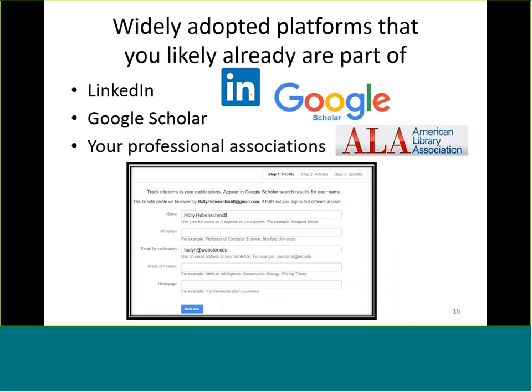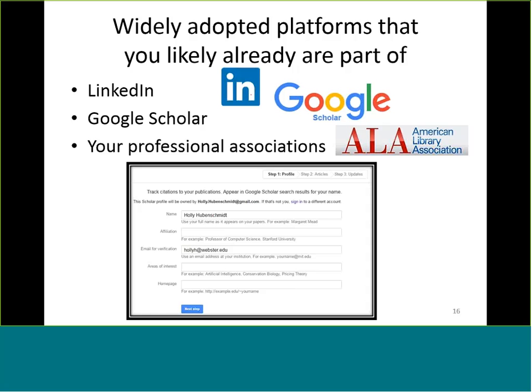And then the last category of these kind of platforms where researchers are found on the web are those platforms that are out there that you probably already belong to, but you may not necessarily think that these are things I should be linking within my research. LinkedIn, if you have a profile on LinkedIn, you should definitely be listing your publications with DOIs, attaching that ORCID ID. Google Scholar, this is a huge one,